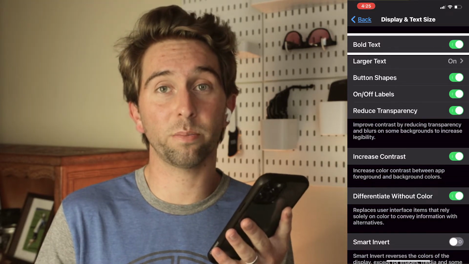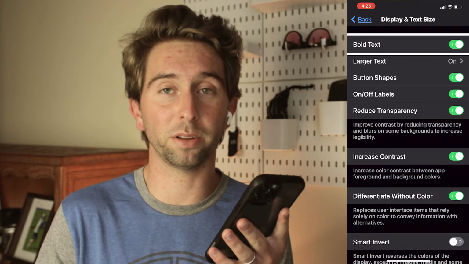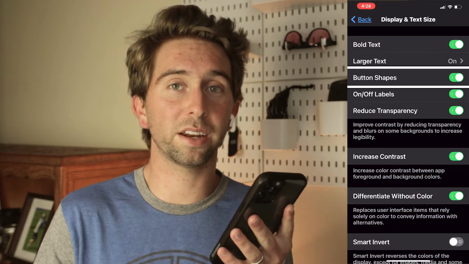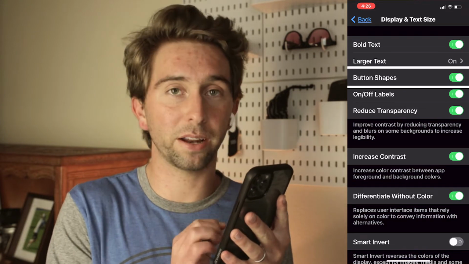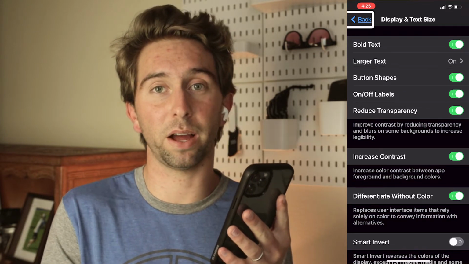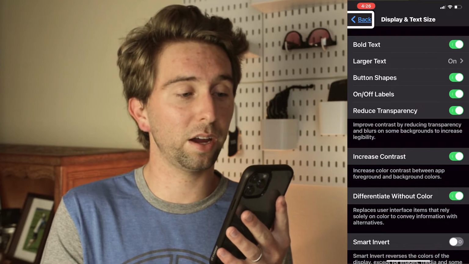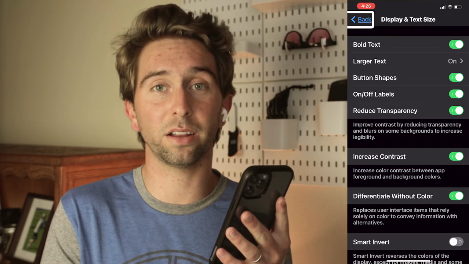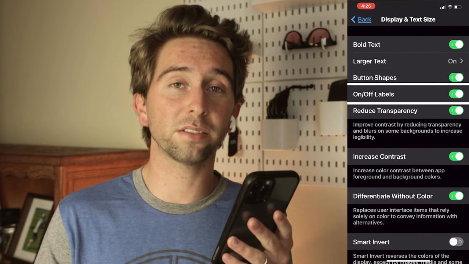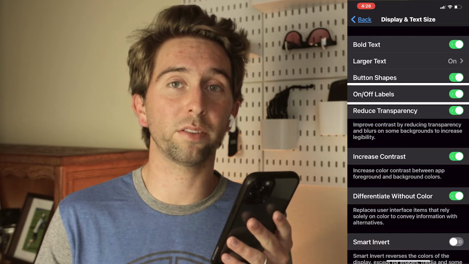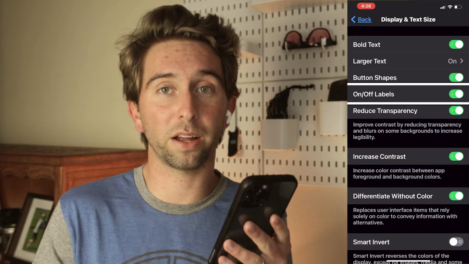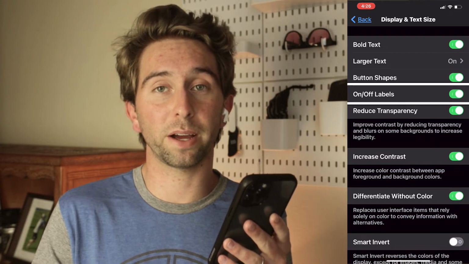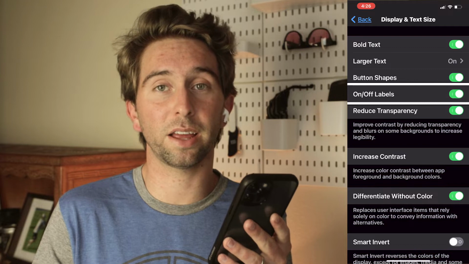Bold text is a no-brainer just to help make text pop a little more. Button shapes is going to give a line under a button. For example, the back button up here, it'll differentiate that it's a button by using a shape. Here it's a line, rather than just differentiating by color if you don't have good color vision. On/off labels will put a 1 if the button is on and a 0 if the button is off, so you can tell if a button is either on or off by seeing the shape rather than just the color